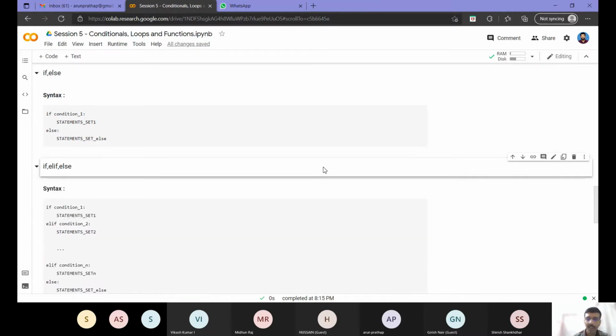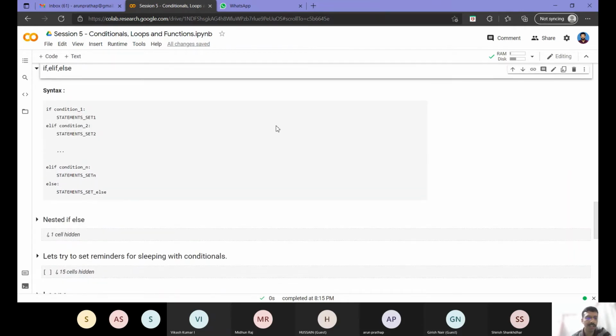Then suppose I have multiple conditions, like marks. One example we can see: suppose some person is writing an exam marked out of 100, and then he needs to be assigned grades. Between 90 and 100 assign grade A, between 80 and 90 assign grade B, like that. And if it's a fail, assign grade F. If I have a requirement like that, I need to evaluate multiple conditions, right? In that case, I will use an else if. Else if is shortened in the syntax and written as elif.